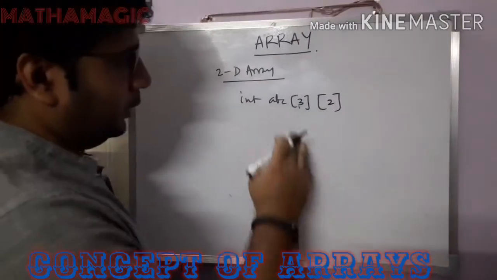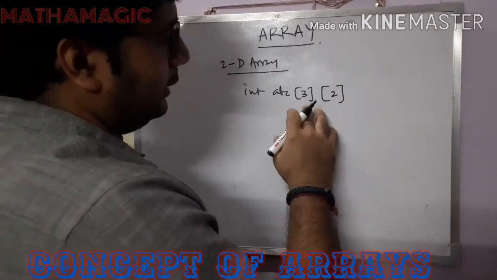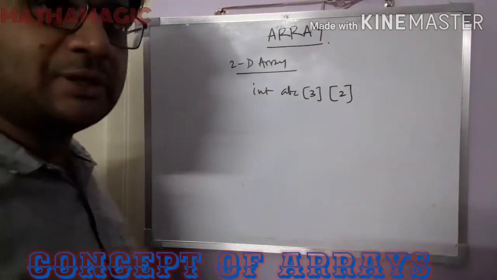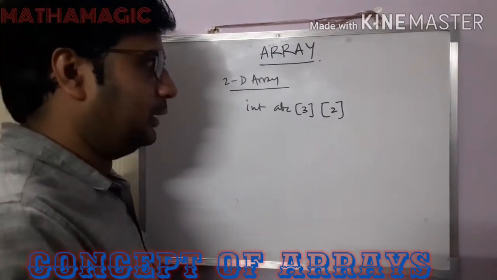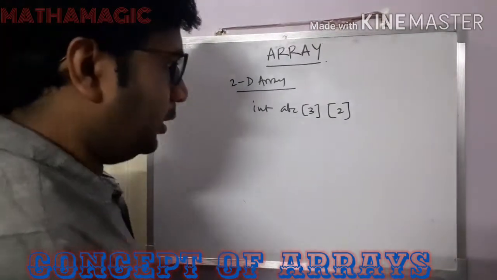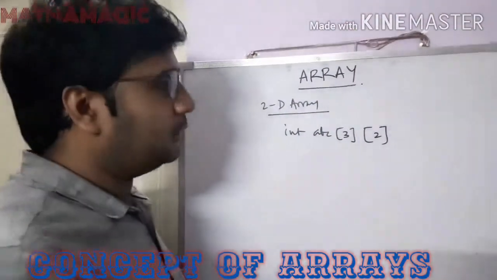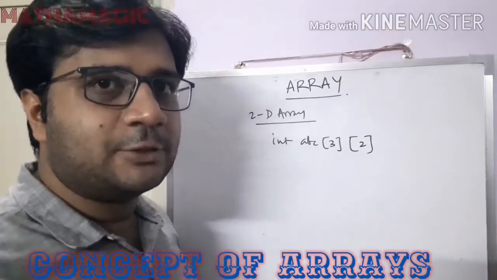Now, in case of using this, int abc[3][2], what does that mean? Where is it used? Two-dimensional arrays are used in which places? We need to understand that. Hope you have gone through the concept of matrix in mathematics. In case of matrix, we have seen that there are a number of rows, and there is an order of a matrix in which the number of rows and number of columns has been stated.